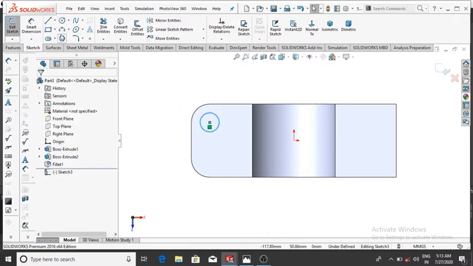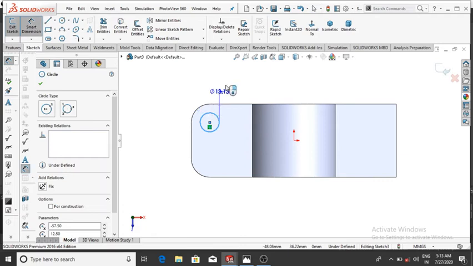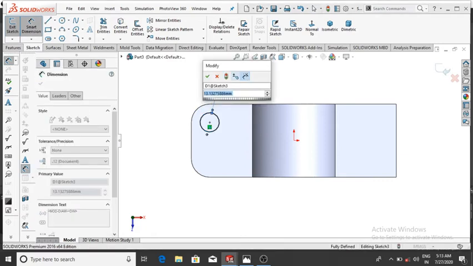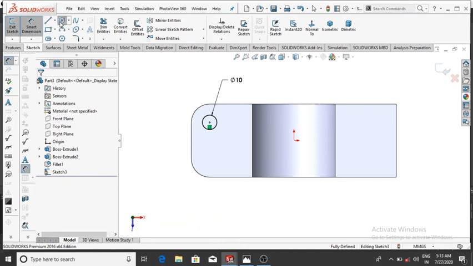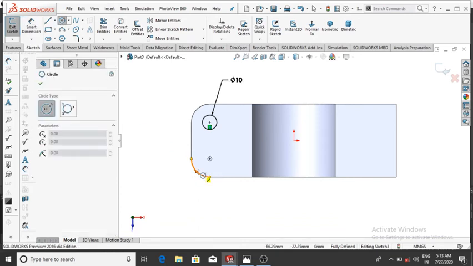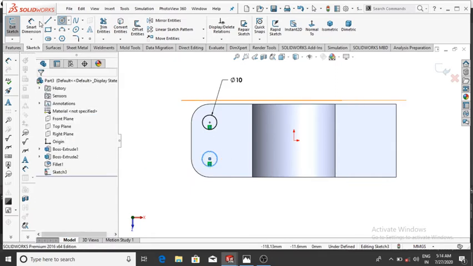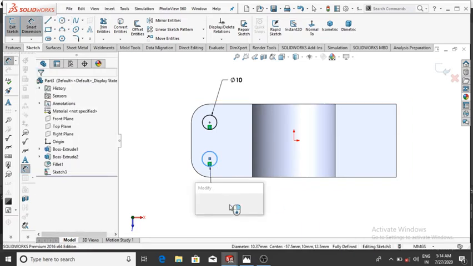So select this and the diameter will be 10 mm, so click 10 mm, then okay. And also make the circle from this point, and go to the smart dimension and make it 10 mm.